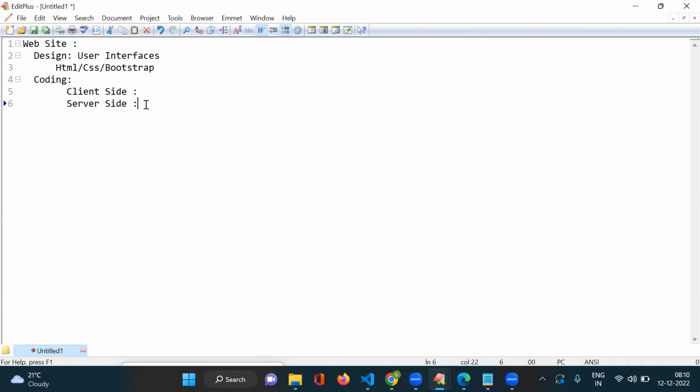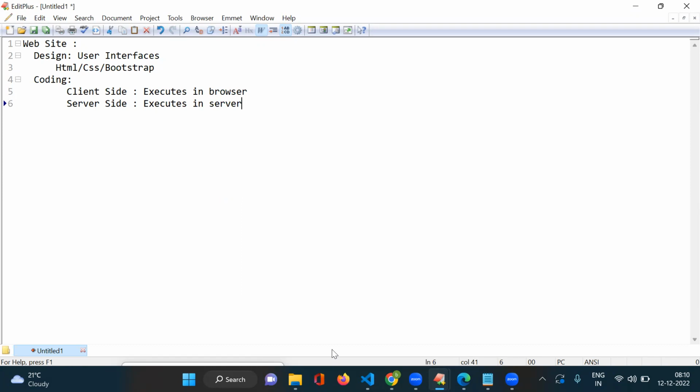Client side script executes inside the browser. Server side script executes in the server. So in development, we have client side scripts as well as server side